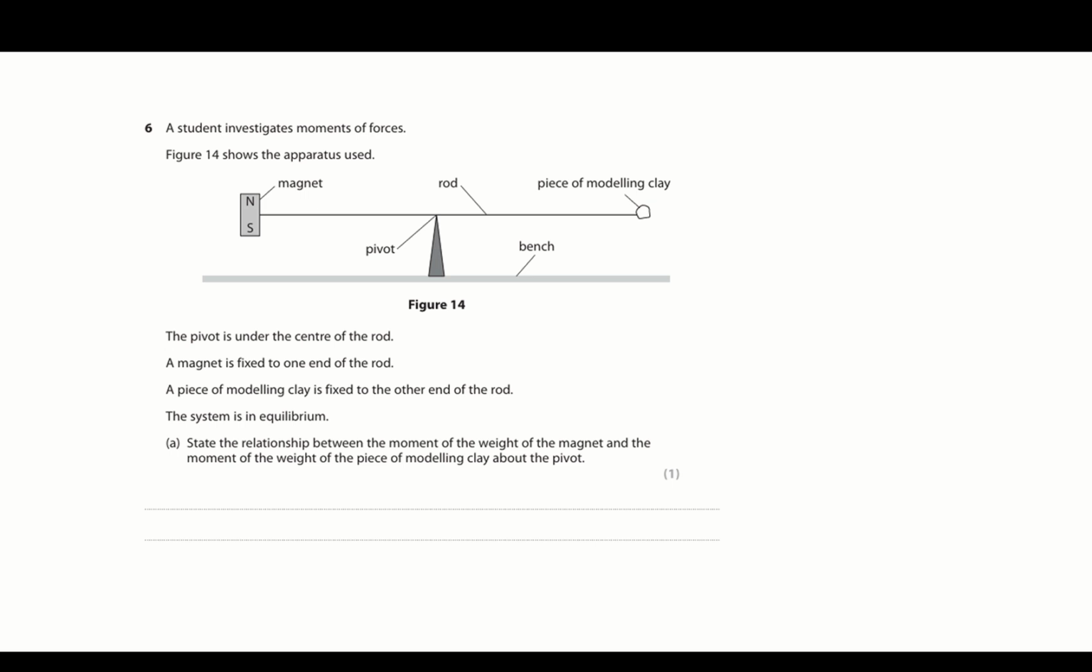Okay, question 6. Student investigates moments of forces. So we've got turning moments here, and we know we've got a clockwise moment there and an anti-clockwise moment there. It tells us that the system is in equilibrium. State the relationship between the moment of the weight of the magnet, so the moment of that compared to the